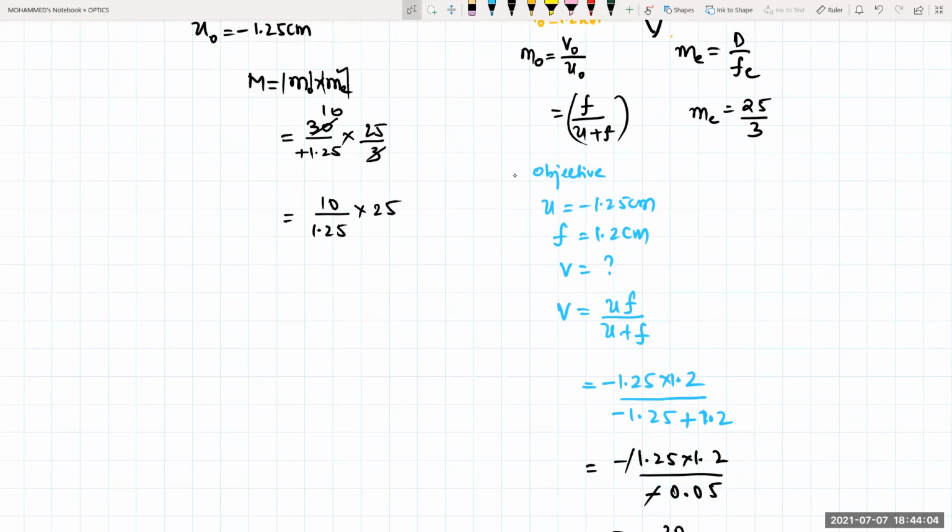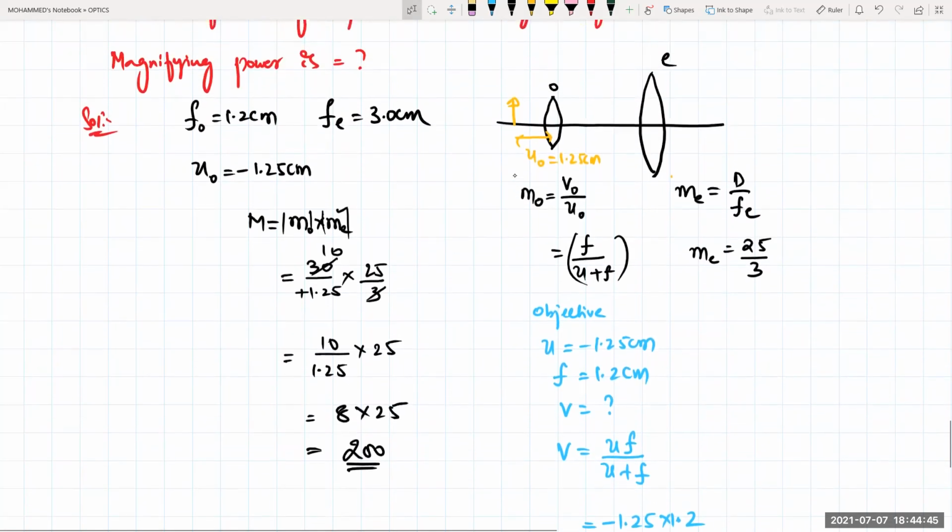250. 200, sir. Yes, sir. How? Sir, 125 into 10 gives 250, sir. And 1.25 we can write as 125 divided by 100, right, sir? So 125 into 250, 1s are, 2s are, and that goes up, 2 into 100 is 200. This will become 8 into 25, right? 8 into 25 will be equal to how much for me? 200. Yes, sir.